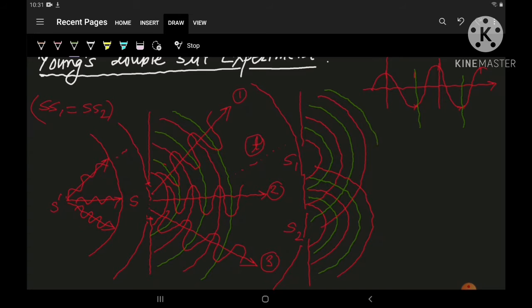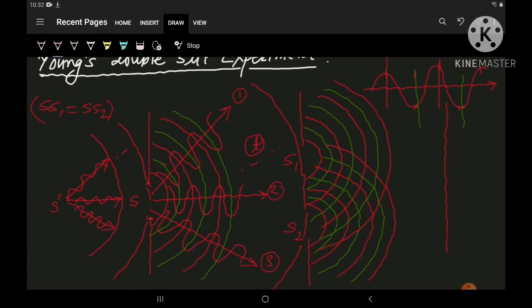Let us draw some wave fronts, because here we have to find the observation. So the more wave fronts there are, the clearer the observation will be. So here suppose the last one, let us draw the wave front for the crest of waves. So here from slits S1 and S2 we have two light sources having the same wavelength. Now if we consider a screen,